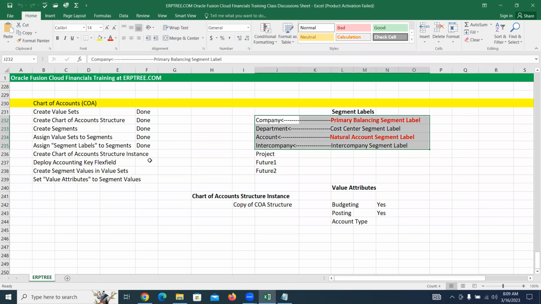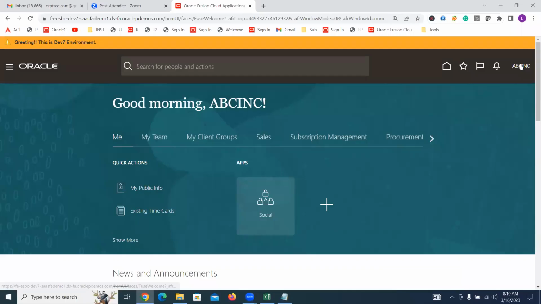Any questions from anyone? Please, if no questions, we'll proceed with the rest of the setups which are part of chart of accounts. Any questions, please? No questions. So go to our implementation project,